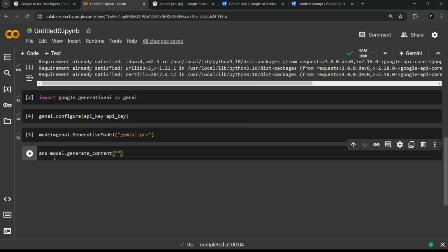For example, I want to generate content around what is an electron. Give me a detailed